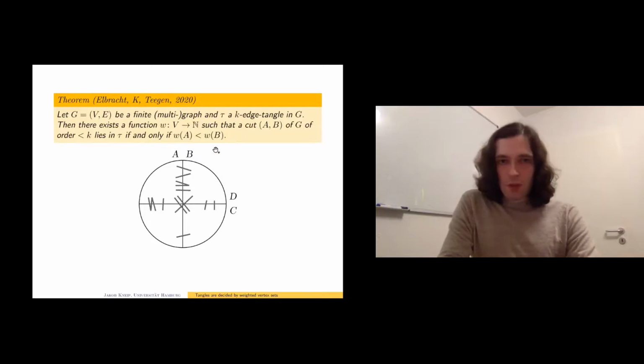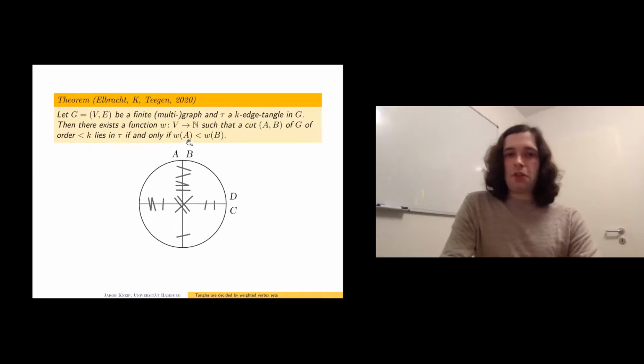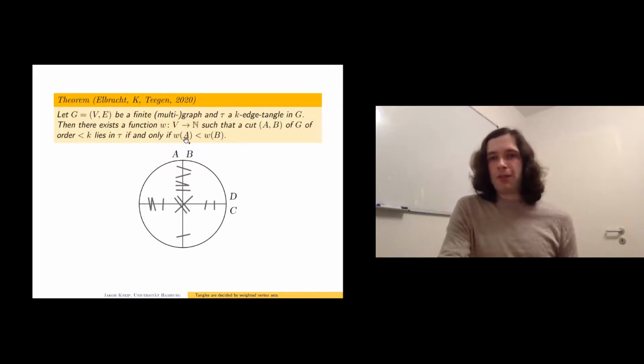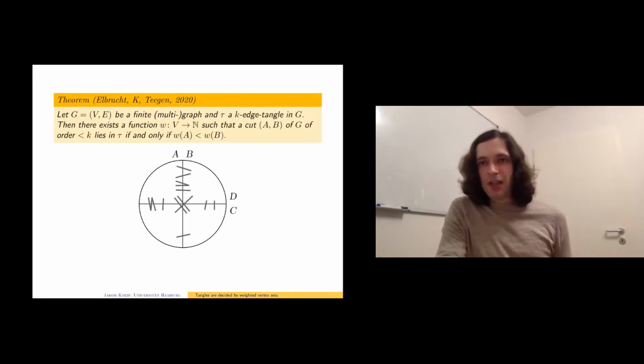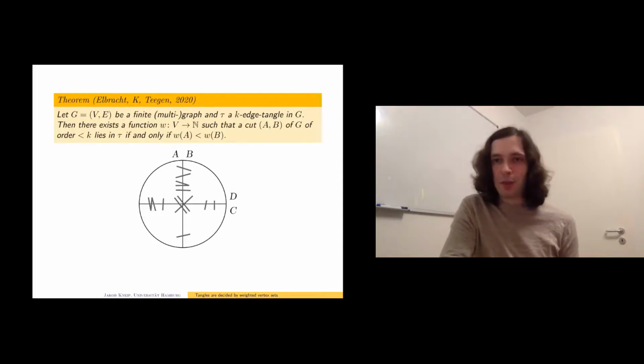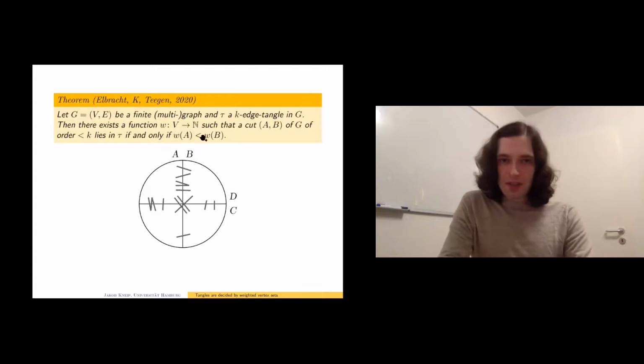But this time, what's a bit different is that once you've chosen weights for these cuts, you have to be slightly careful when turning that into a weight function on the vertices. So previously, we had weights on these separators, which were themselves vertex sets. And it's pretty clear that if you have a weight for a separator, then each vertex would simply inherit that weight. Now, this time, if we've chosen a weight for the cut AB,